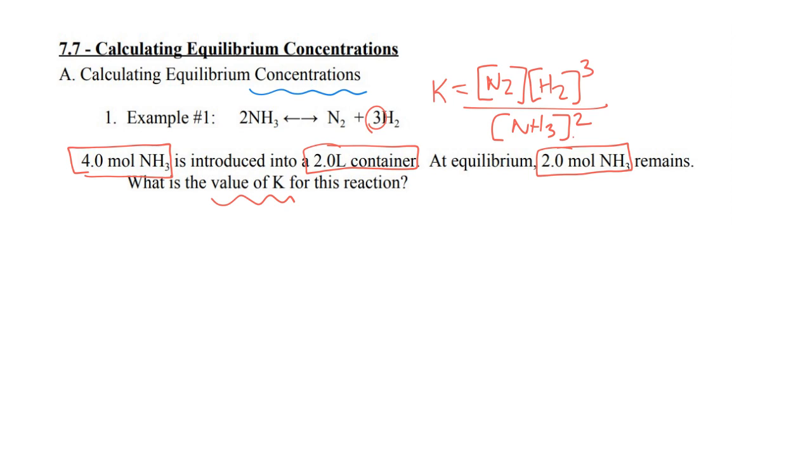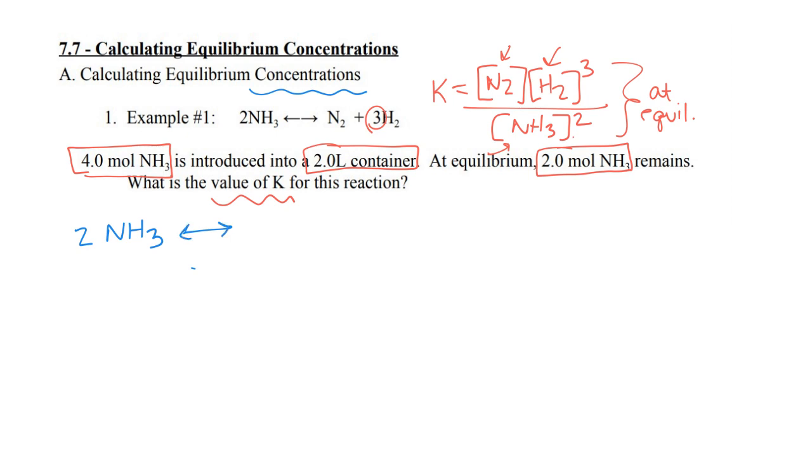What I need to do in order to calculate K is I need to find what all of these concentrations are. The concentration of N2, the concentration of H2, the concentration of NH3. And all of those concentrations that I have to plug in have to be at equilibrium in order for me to calculate the K value. So that's what I have to do. I have to solve for those concentrations at equilibrium. Then I can just plug them into this equation when I'm done. So what we're going to do is we're going to use this strategy for all